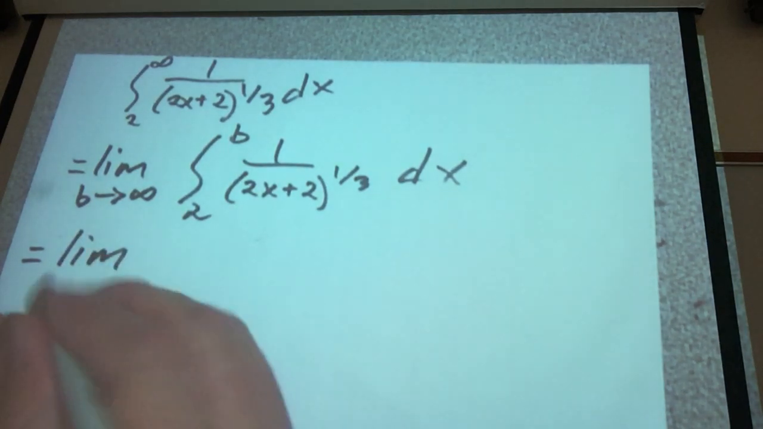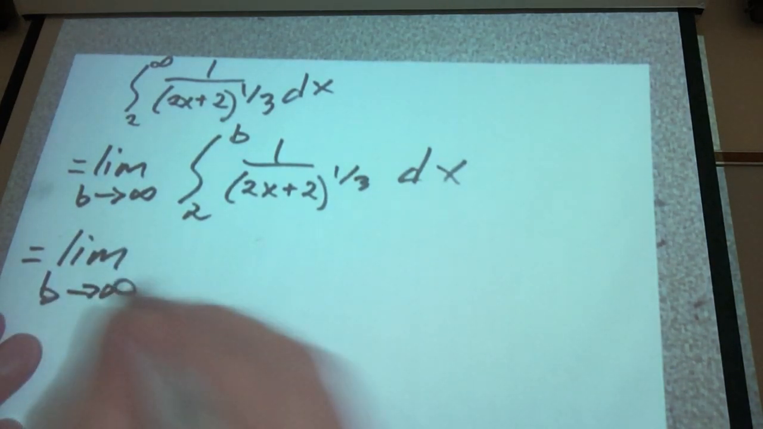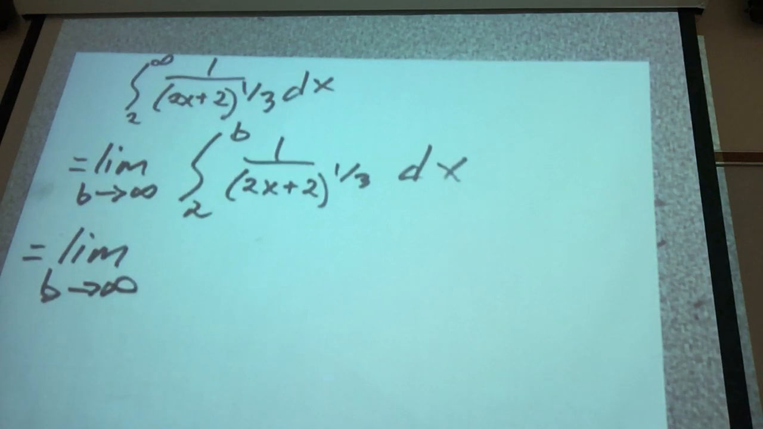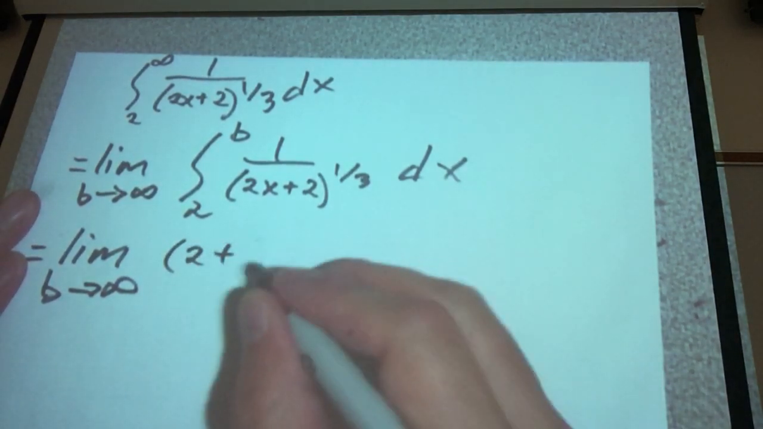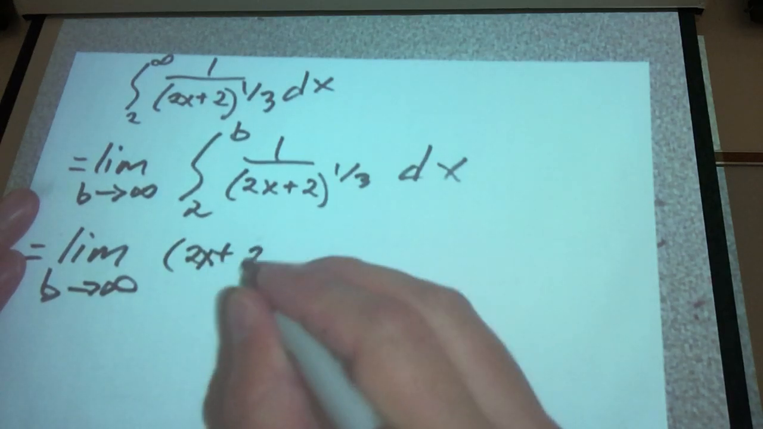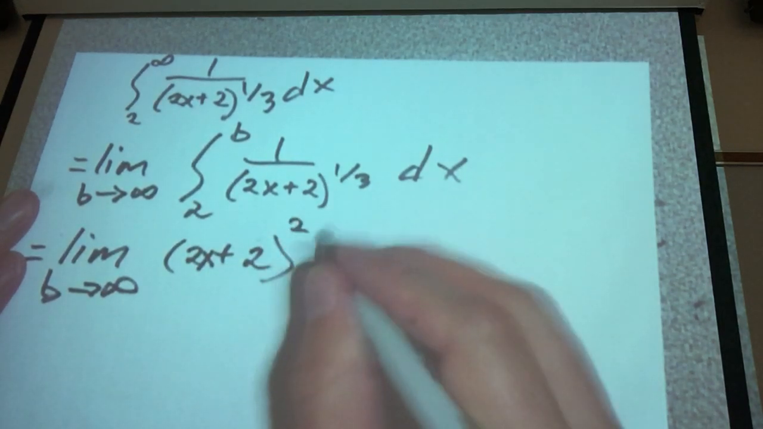equals the limit as b tends towards infinity. Now, when I integrate (2x plus 2) to the negative 1/3 power, so this is at negative 1/3, it's going to go up. Negative 1/3 plus 1 would be 2/3, so it has to go up to 2/3 and divide by 2/3. So this is going to be (2x plus 2) raised to the 2/3 power